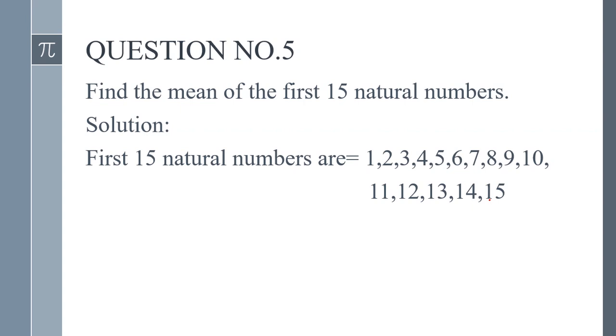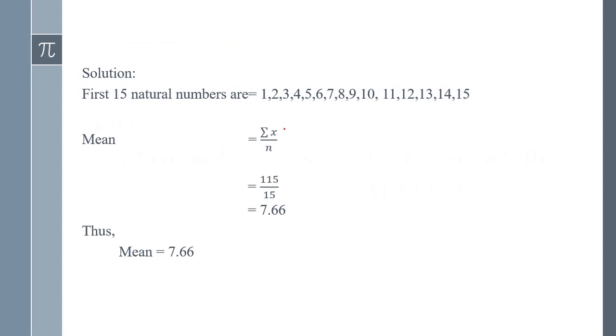We need to calculate mean. So how do we calculate mean? The formula of mean is summation x over n. And for this case, this is our data set, and each point like 1, 2, 3, 4 and so on to 15, each number is a data point. So we need to sum these data points and divide by the total numbers. So here we have the formula summation x over n. Here we need to do one step more in which we put all the values like 1 plus 2 plus 3 and so on to 15